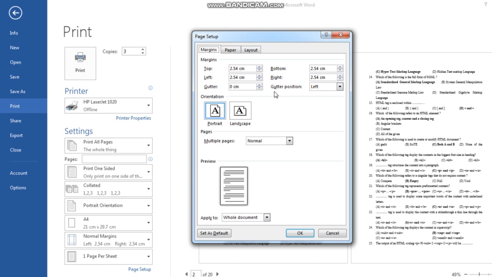Then comes the gutter position. Now you may be surprised to hear the word gutter. What does gutter mean? If you observe your textbook or any book, for example, this is the page of your textbook.